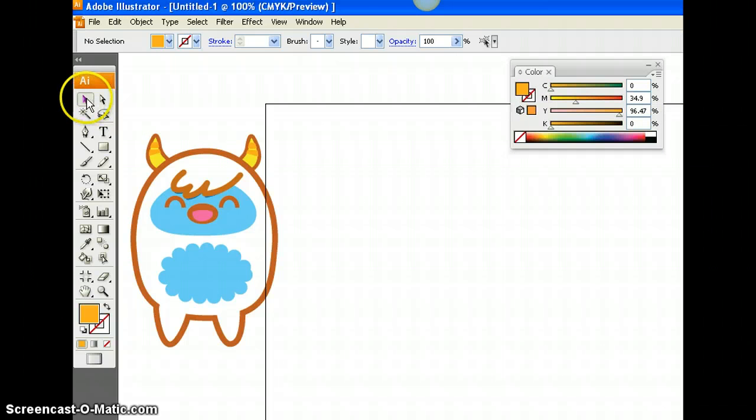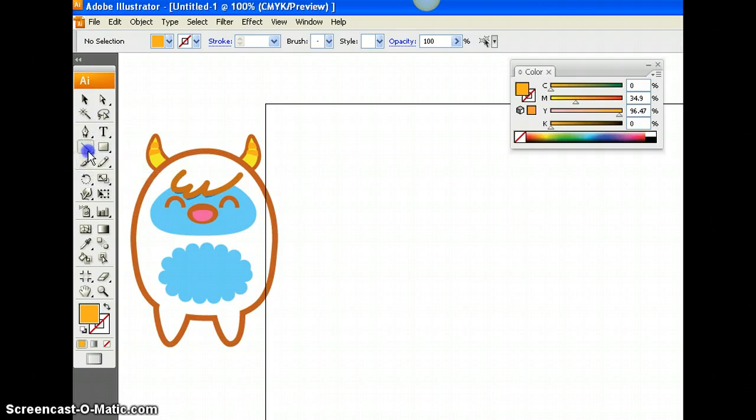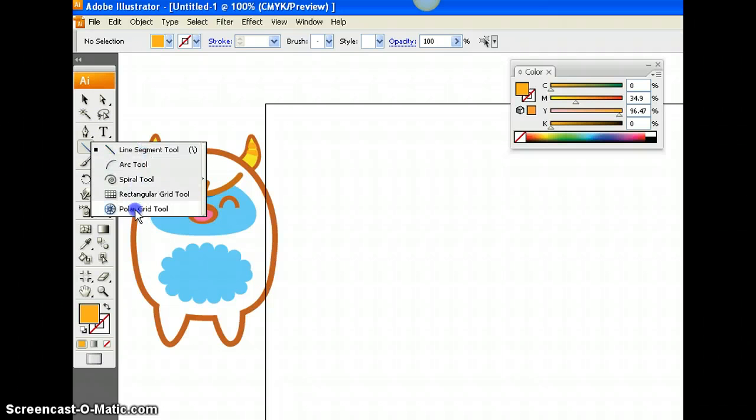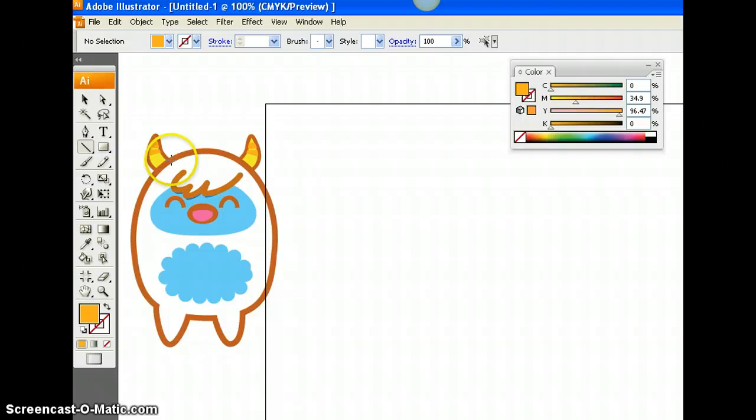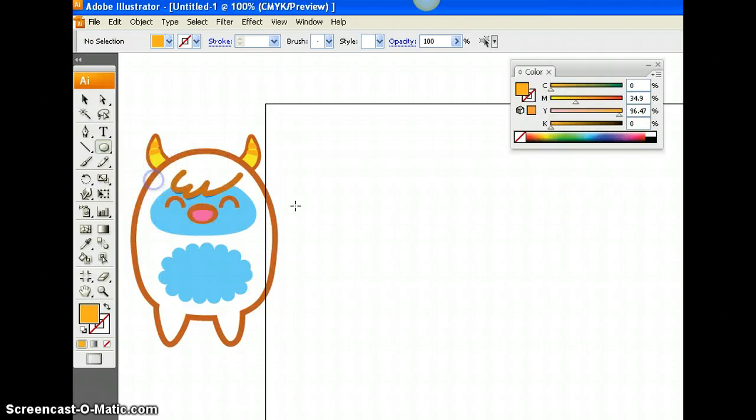Alright, interestingly, Illustrator has a black arrow, a white arrow, a pen tool, some shapes, a paintbrush, a line tool with some different options here. Lots of different things to play with in Adobe Illustrator. We're going to start with the shape tool, and I'm going to choose an ellipse and draw some kind of shape for my Yeti